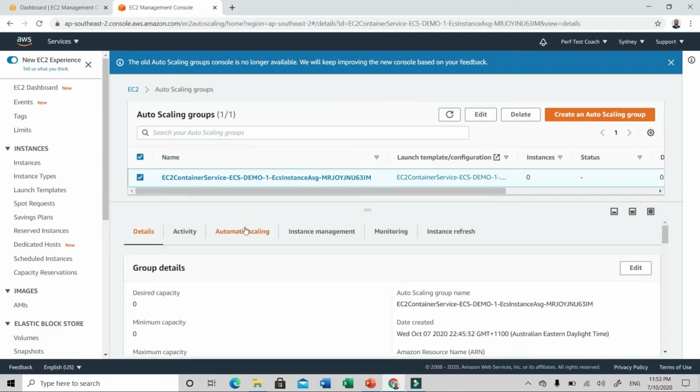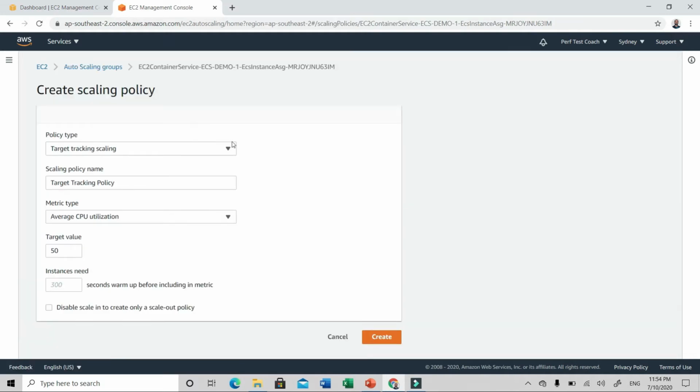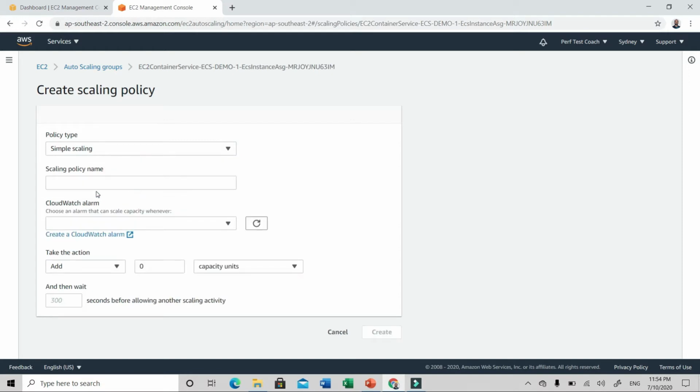And if you click on the automatic scaling tab, you can observe that currently there are no autoscaling policies. That is the reason the count is showing as 0. Let me go ahead and add the policy. So to add new autoscaling policies, you need to click on the add policy button. And then under policy type, let me choose simple scaling policy. And let me name this policy something like cluster-scaleup-CPU. And currently we don't have any autoscaling alarms configured. So let me click on this create a CloudWatch alarm hyperlink.